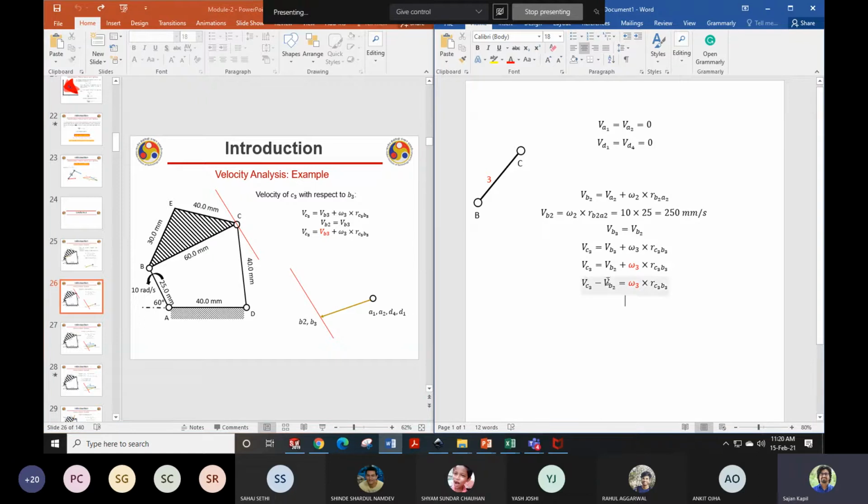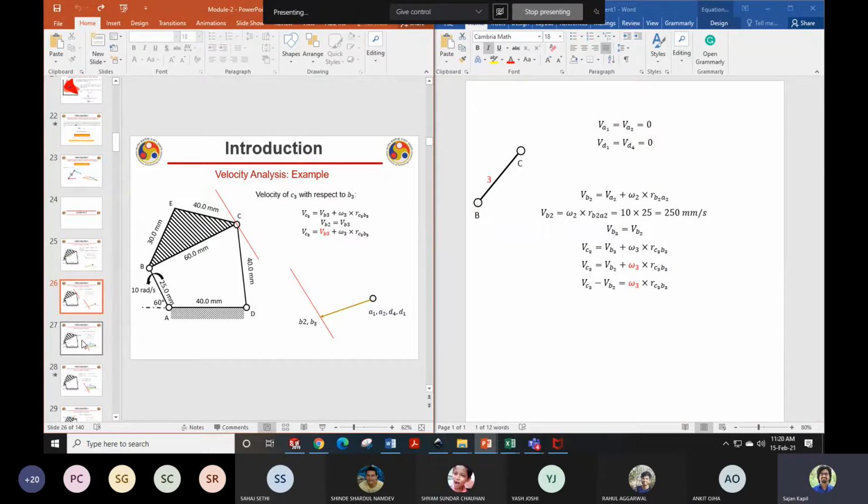That means this particular vector on the left side is going to be perpendicular to R C3 B3. Yes or no? Yes, sir. So I'll draw a line perpendicular to the line connecting BC. Just a line. All of you do that quickly. And it should pass through the tip of this, from B to B3. So somewhere on this line my velocity of C3 with respect to B2 will lie. Somewhere, I don't know where. So somewhere on this will be my point C3.